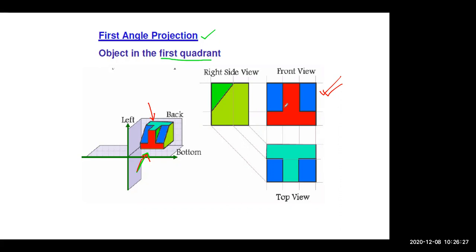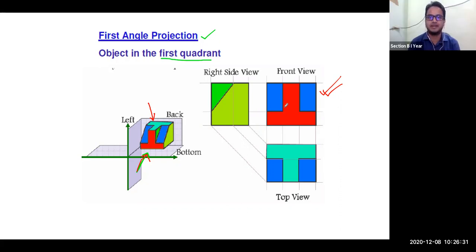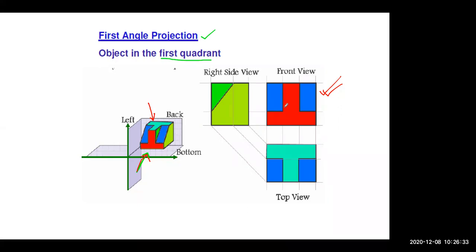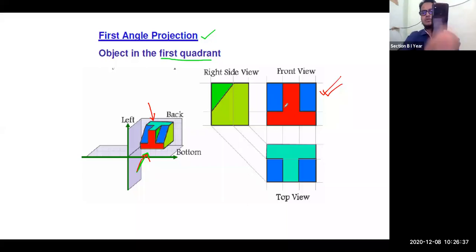Red face is perpendicular. Blue face is slant. Yes, very good. That red face is perpendicular to the viewer's eye. Means suppose this camera of my laptop is your viewer's eye or observer's eye.